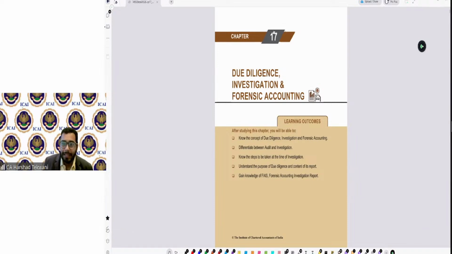So, guys, when it comes to due diligence, investigation or forensic accounting, it is a core area like audit for chartered accountants. In due diligence, investigations, and forensic accounting, chartered accountants play an important role. We will see the due diligence and investigation with respect to the sections of the Companies Act, then forensic accounting standards, investigation standards. We will see the different areas with respect to how chartered accountants play an important role in these all three